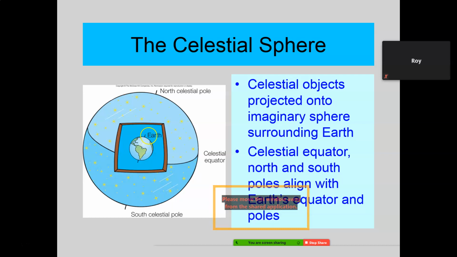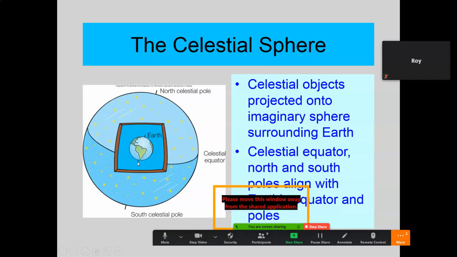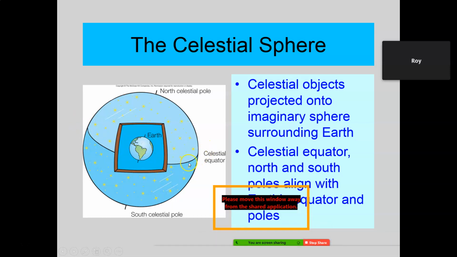So we have the Earth with poles on either end, and an equator. By the way, do you know what the word equator means? It sounds like the word equal, doesn't it? It's equal distance between the North and the South poles. Equator, equal distance between the poles. And that's exactly what the equator is. So the celestial equator is exactly equal distance between the North Celestial Pole and the South Celestial Pole. Okay? So that's your celestial sphere. We'll be referring to things on the celestial sphere.